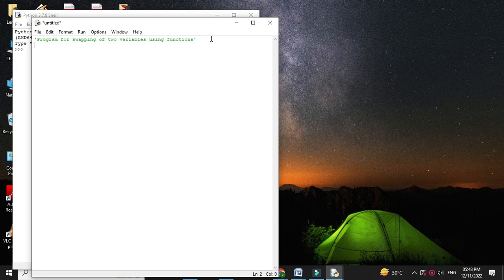First we will define function with def keyword swapping with two parameters. Then we will define original values of the variables as x comma y. Then we will define one variable temp which is initialized with 0, and then we will